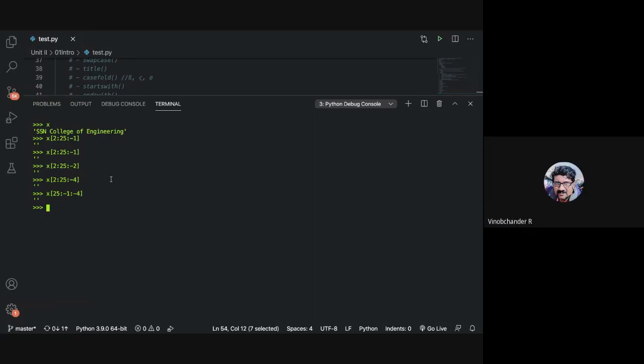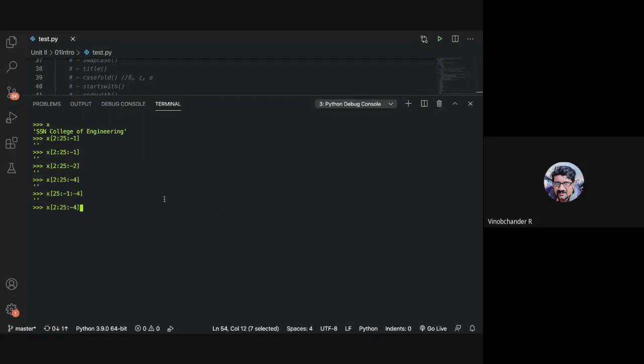Sir, according to the indexing, -1 is also G only, no, sir. Yes, -1 is n. Come again? According to the indexing, -1 is also G only, no, sir. Like, at index number -1, G is there. So when you say 25 to -1, you're essentially telling G to G, which is empty. Correct, absolutely. But the first case I don't get it, sir. Like 2 to 25, that case I don't. This case I get. Yeah, first case even I am confused.